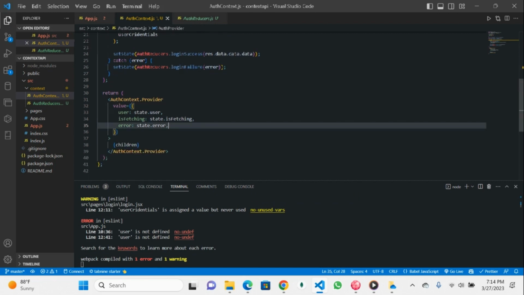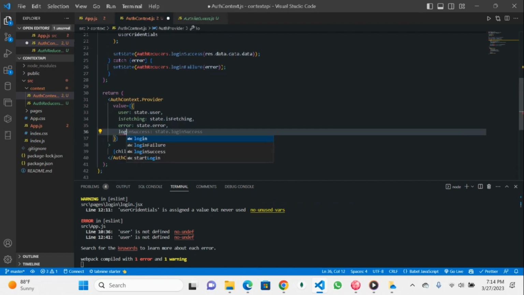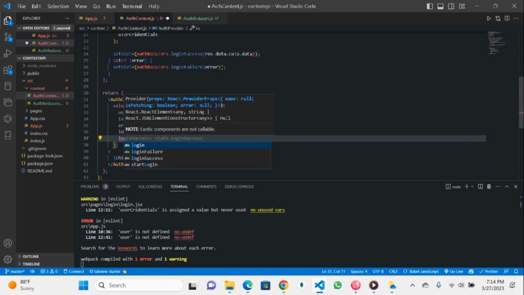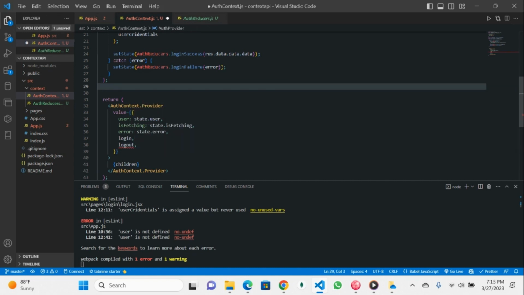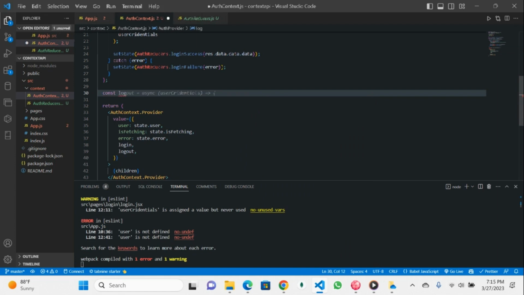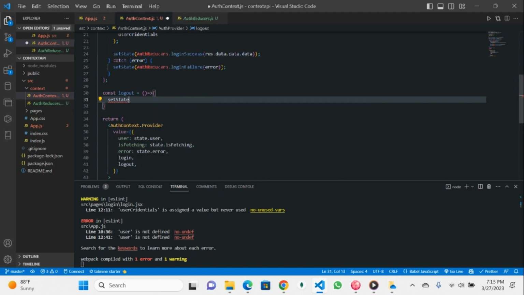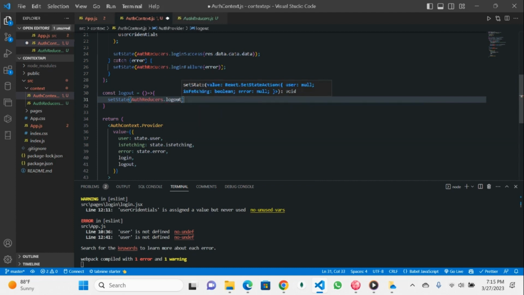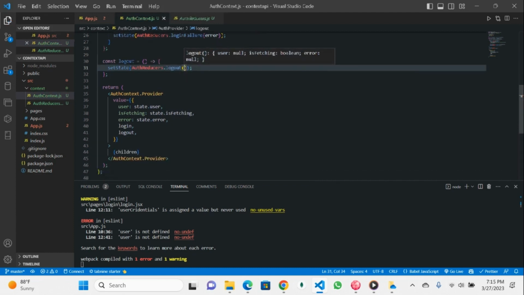All right, let's not forget to pass the login here, and then also a logout function which we're going to create just now. All right, we'll create that logout function too. And we'll set the state to auth dot receivers dot logout. All right, now that we're done with this,